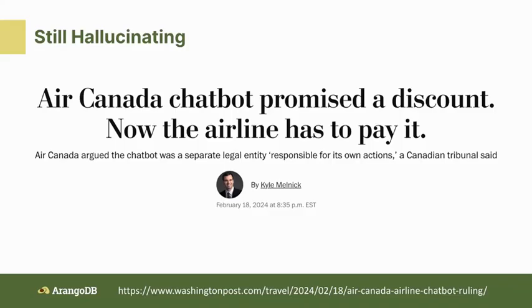So the chatbot, possibly due to some kind of hallucination or misunderstanding in the training data, promised a discount that the airline was not able to, or the airline legally had to honor, and so this caused a big issue